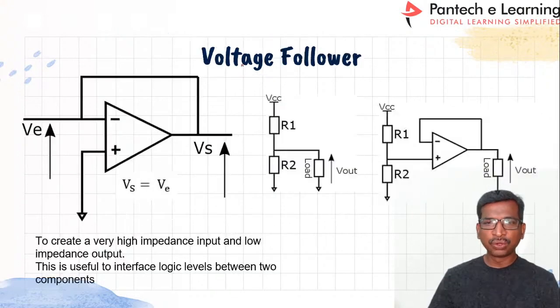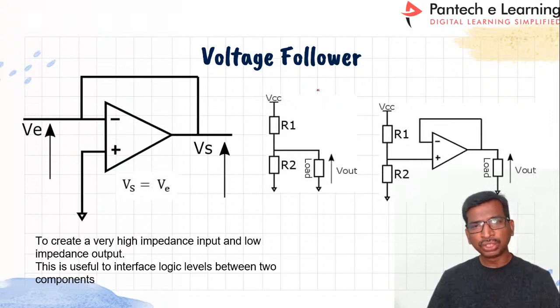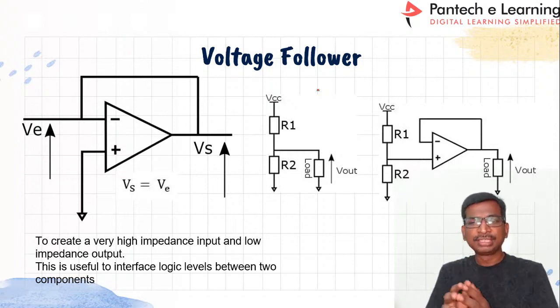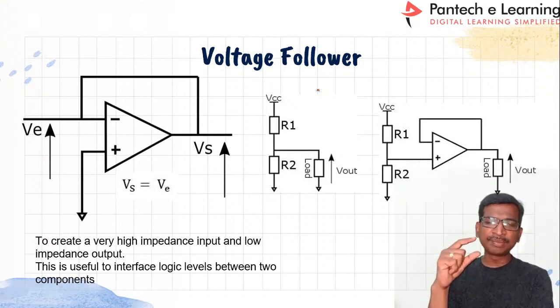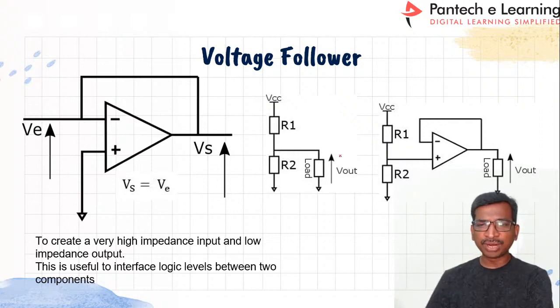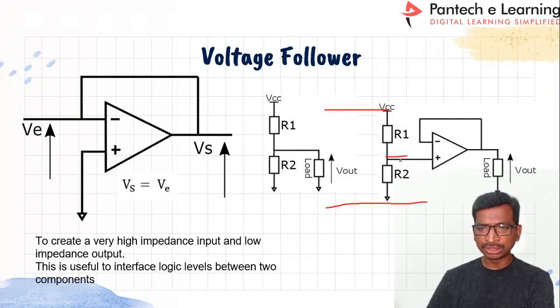See here the voltage follower. This voltage follower is going to give you the same voltage that you apply as the input voltage. Suppose you are going to use the voltage divider method to measure the value, right? In that case, instead of measuring this voltage, you are going to measure this voltage alone, the voltage across this R2.